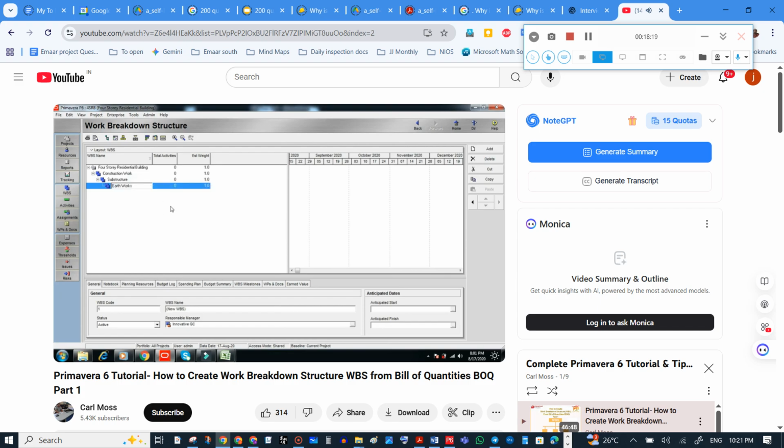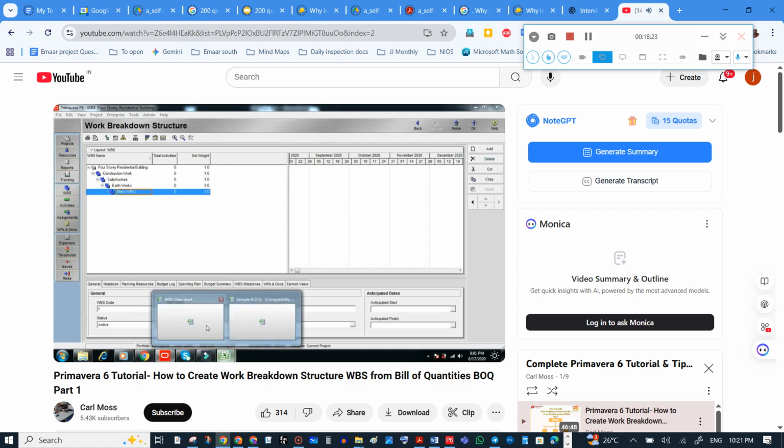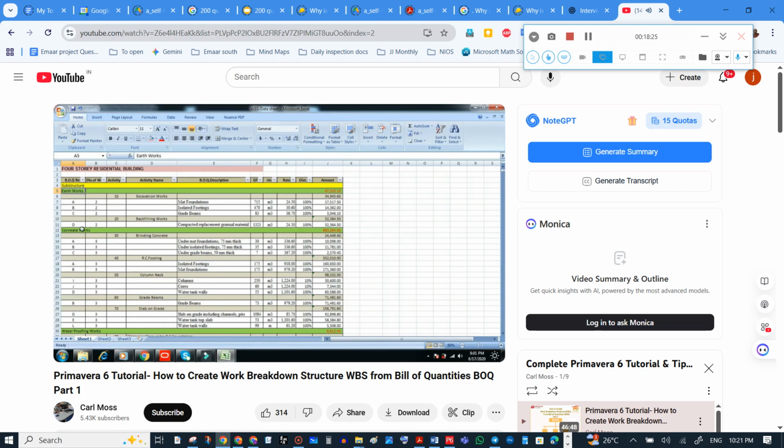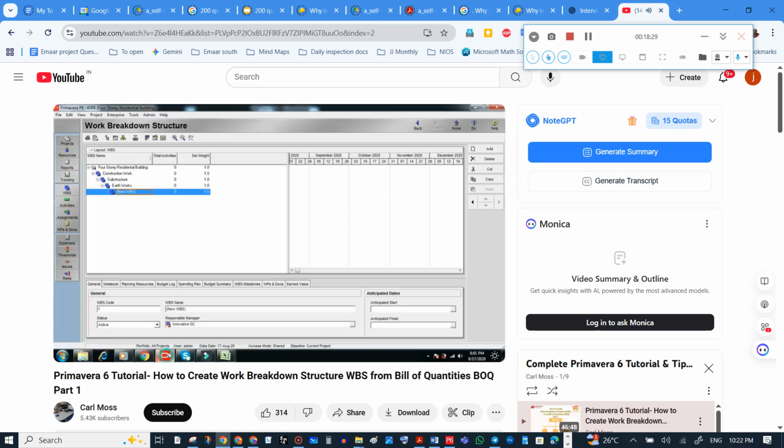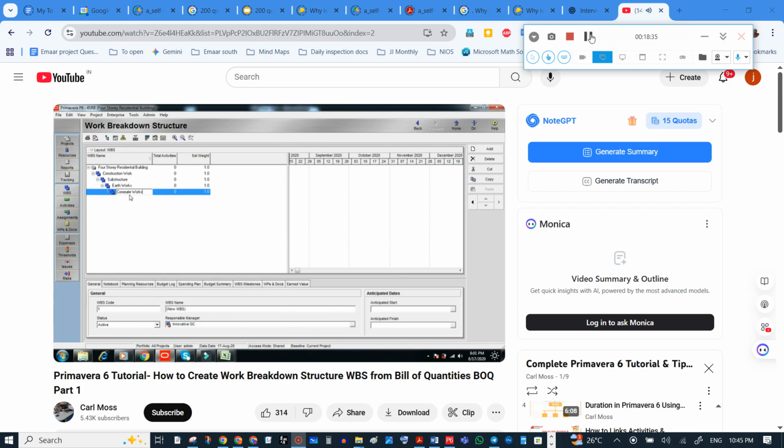Then add again. Go back to the data sheet, then concrete works. Copy. They are the same level. Therefore, I will move this in order to align this earthwork and concrete work at the same level.